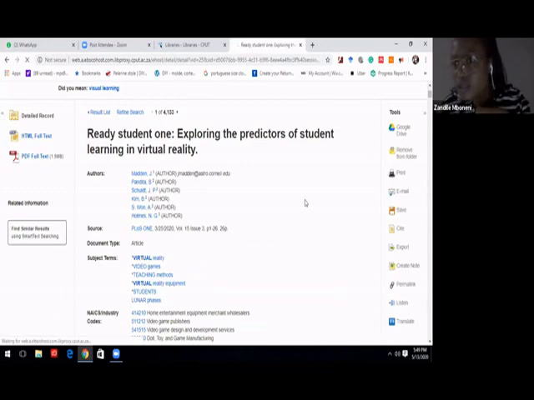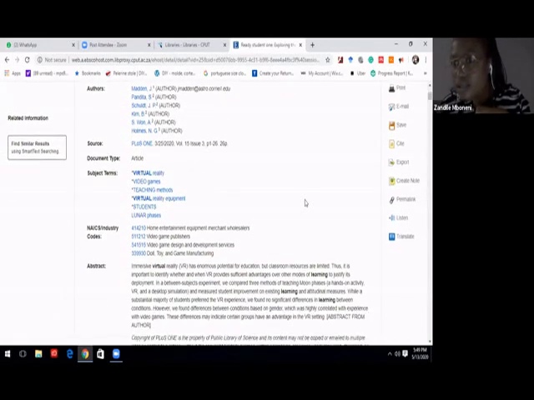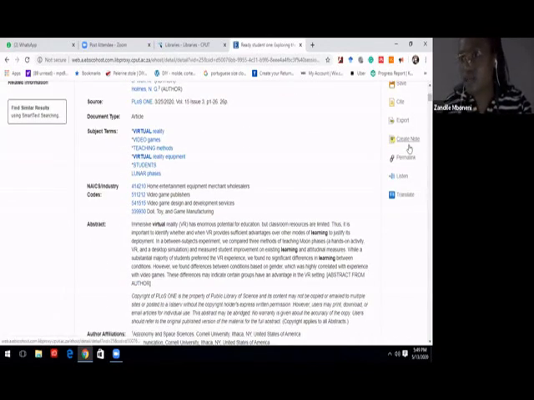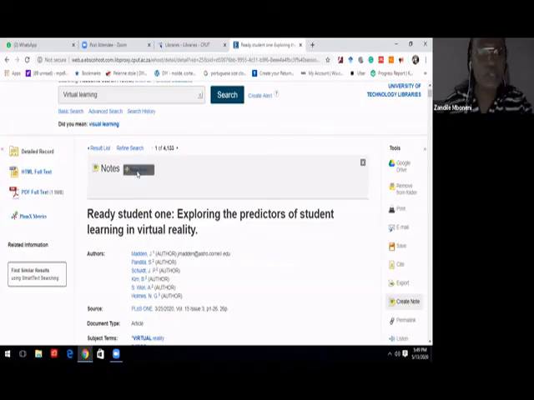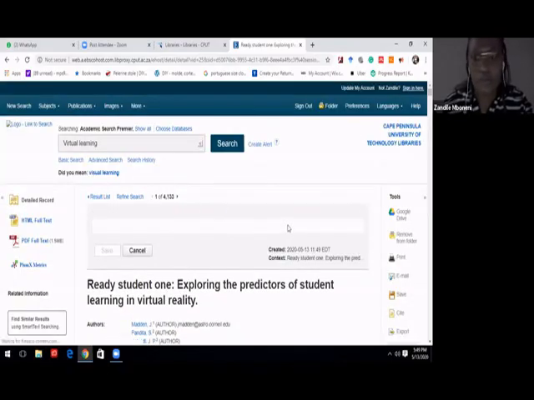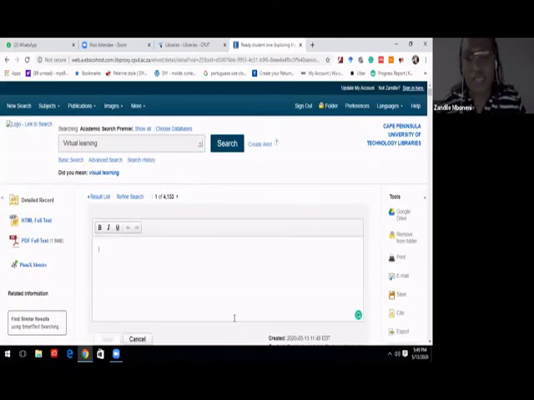So there, I can create a note, go new note. This is how, when you have scanned the article and seen that you can use this, and then I'll say this